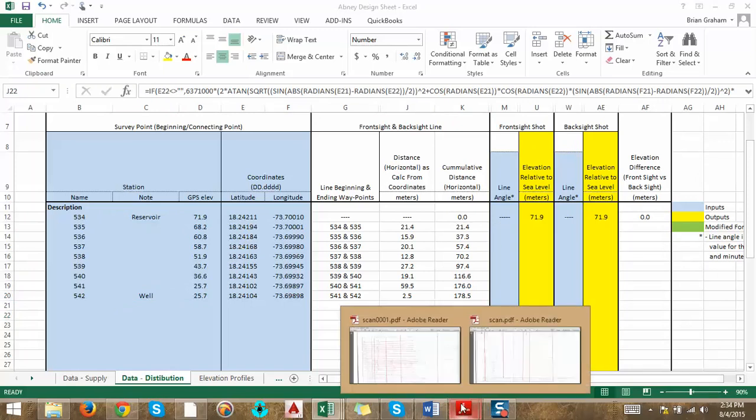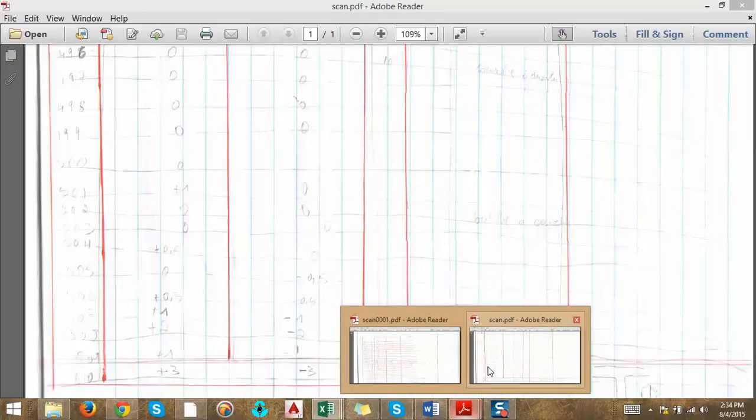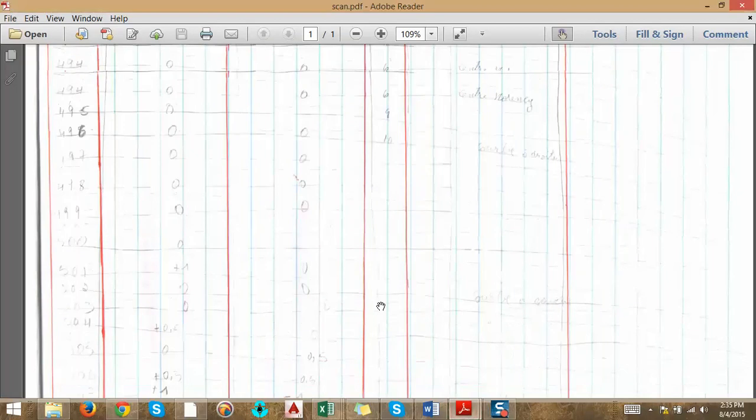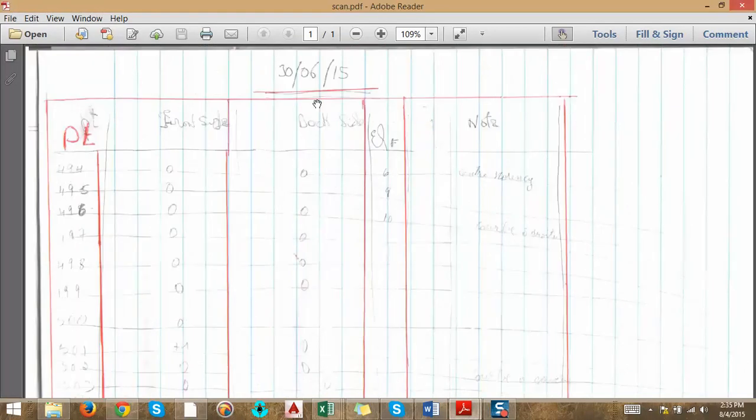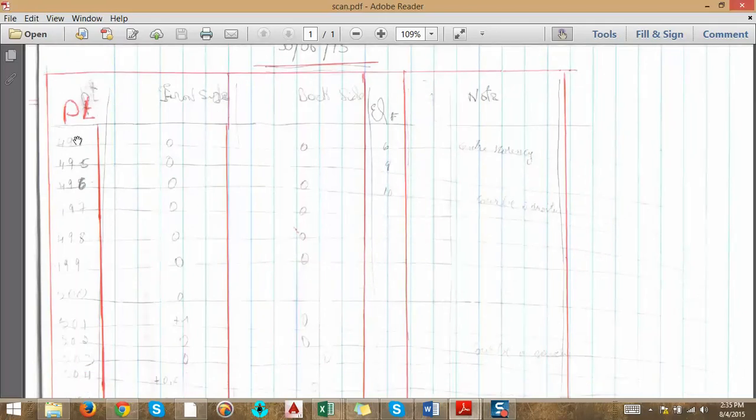Airsteel sent me his hand notes that he took in the field when he was doing the survey. So typically what you would write is the date and the project number, and then you write your waypoint here, and your front sight and your back sight, and then a note. So what you can see here is he wrote his